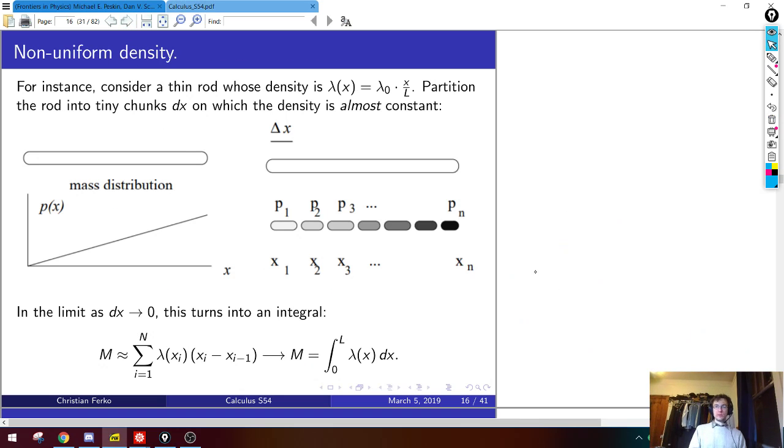So here's the way to do it. Suppose, for a concrete example, we have some rod, so it's some one-dimensional object, and you know its linear density. I'll use the letter lambda for linear density. The units of lambda would be something like grams per meter, right? So it's a density per length. So we want to ask, what is the total mass of this whole rod?